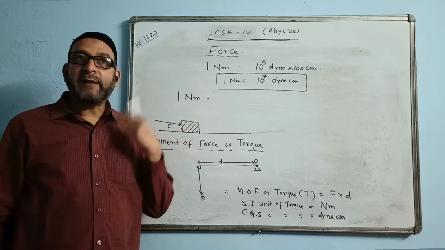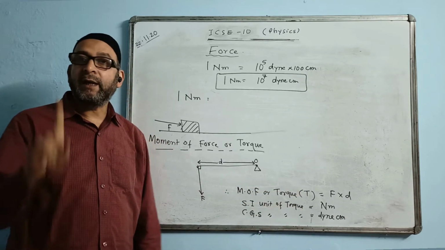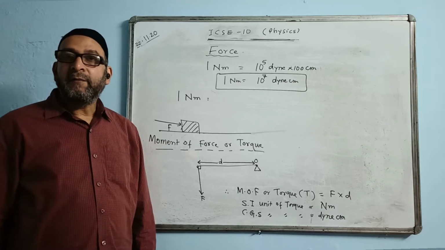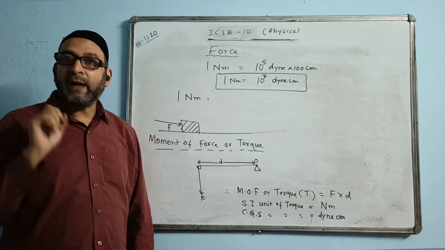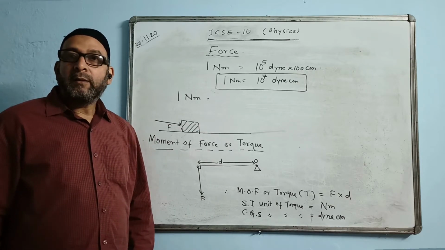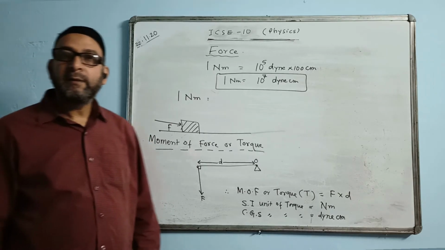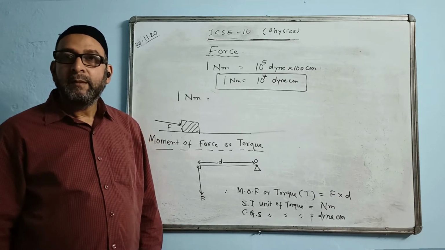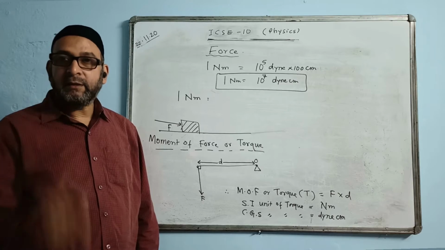Normally it is a convention, it is a tradition, that the anti-clockwise moment of force or anti-clockwise torque is taken positive. It is assigned a positive sign. Whereas clockwise moment or clockwise torque is assigned a negative sign. Please do write down this. Clockwise torque is assigned a negative sign, you can give a minus sign,